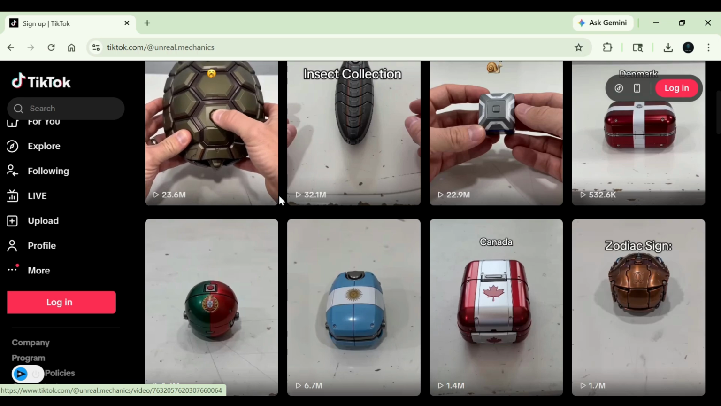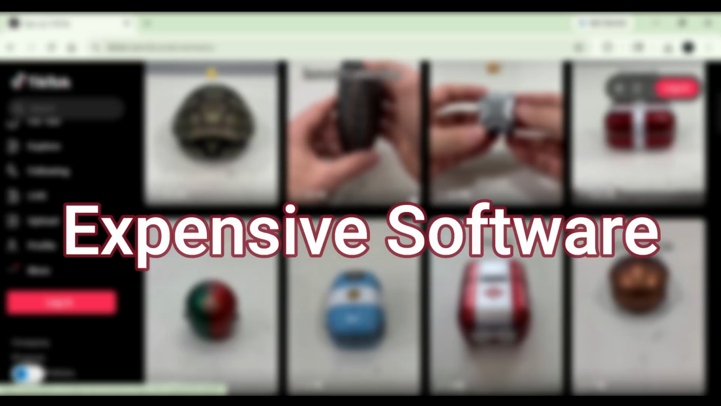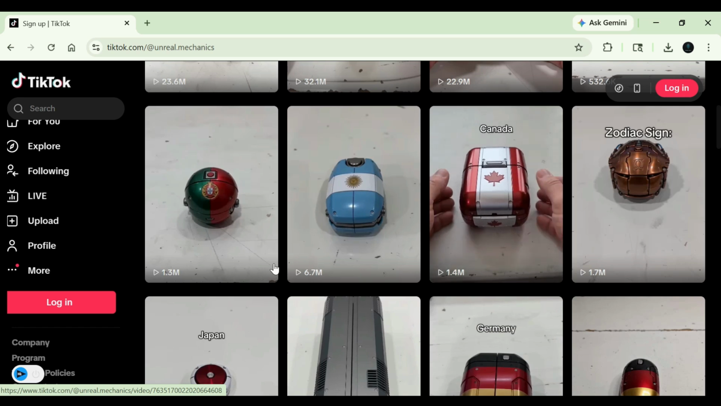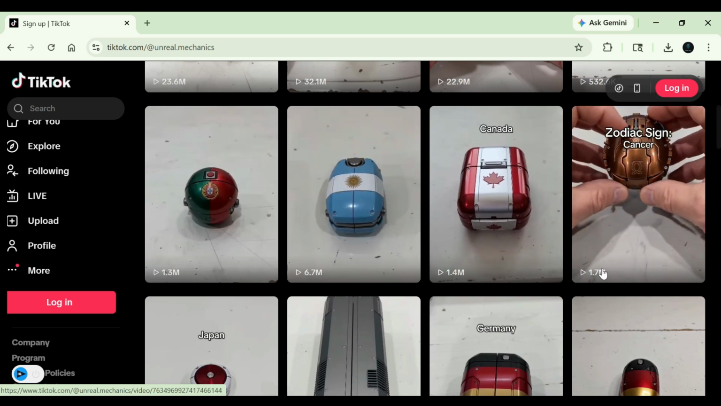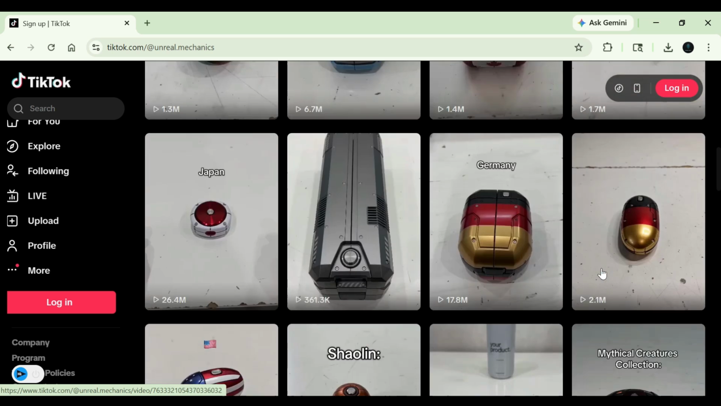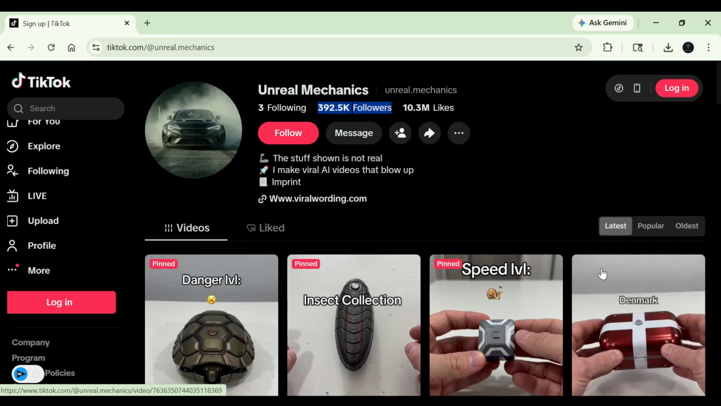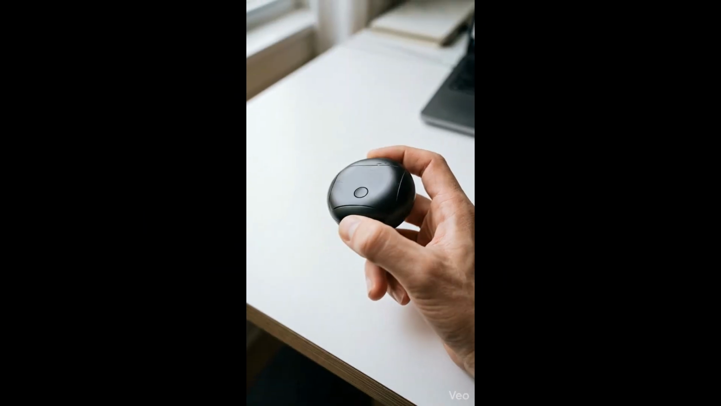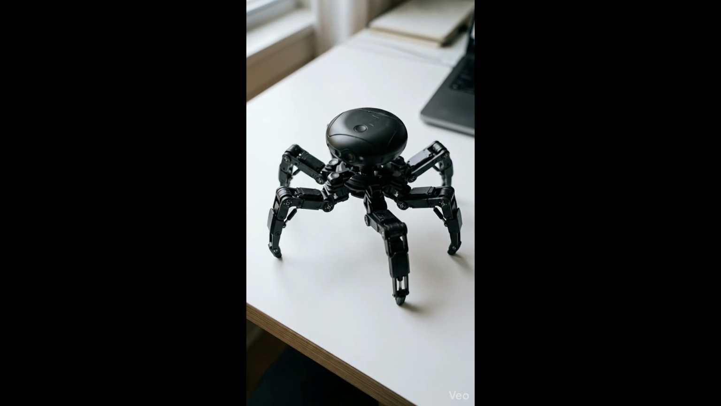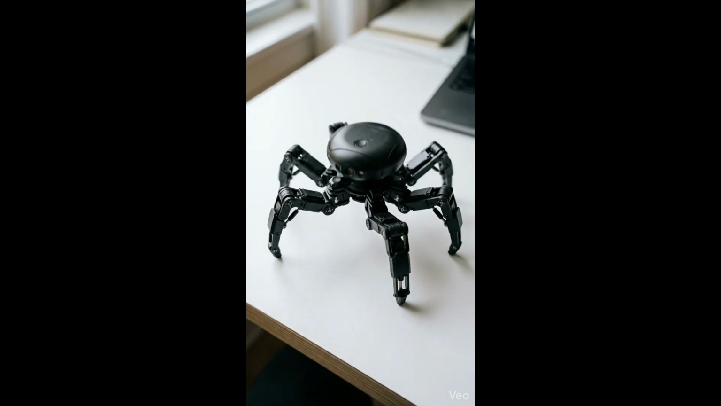The best part is that you do not need expensive software or editing skills to make them. Most of these videos can be created using free AI tools in only a few minutes. In this video, I will show you the exact same workflow I used to create these satisfying mechanical toy clips, from start to finish. By the end, you will be able to make your own viral style videos and start